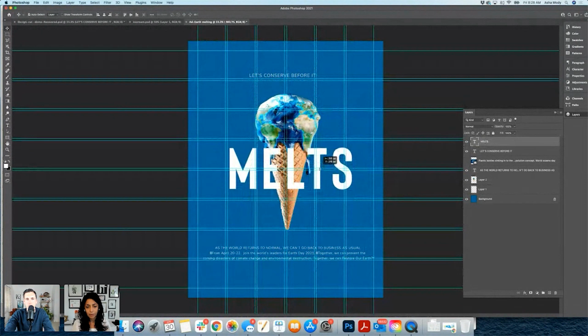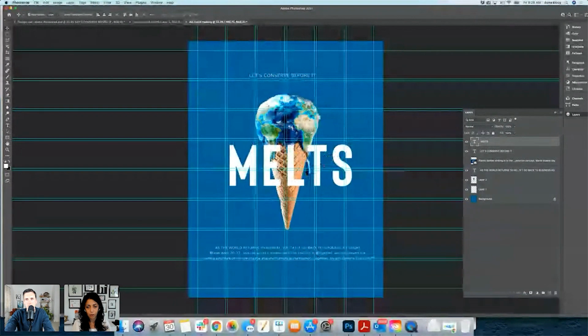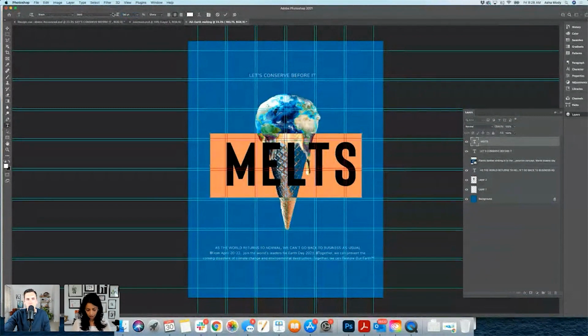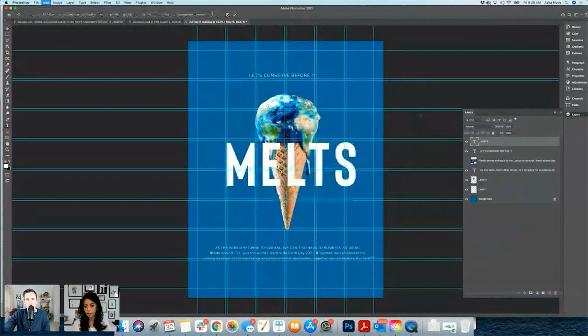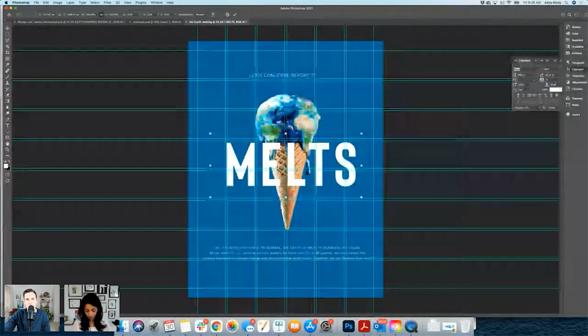And I want to see the melting effect through the text. So I'm setting up the text where all the drops are a little bit melting. And maybe I'm thinking to increase the size. I'm doing my Command T and making it a little bit tighter. I think it should be good.